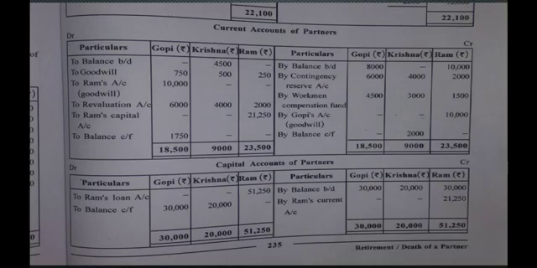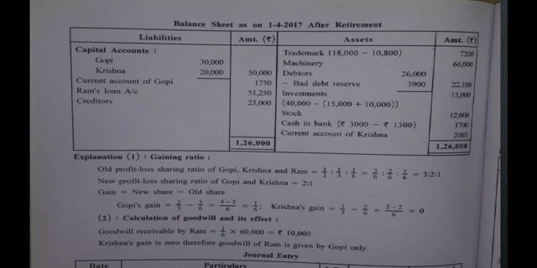Second effect, let us check in your balance sheet. New balance sheet. You can see cash in bank 3,000 was the opening balance. 3,000 is given in the old balance sheet. From this we have deducted 1,300. Why? Because the amount of bill was not received. I mean the bill was dishonored.